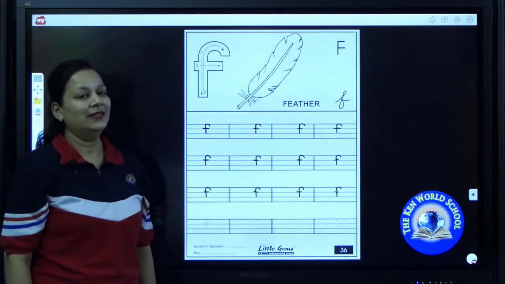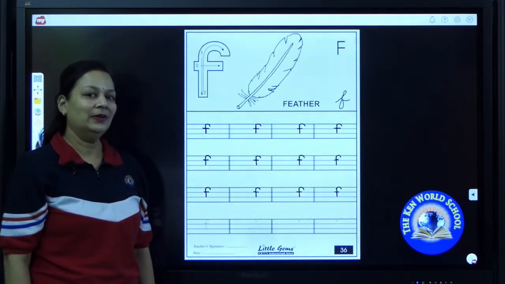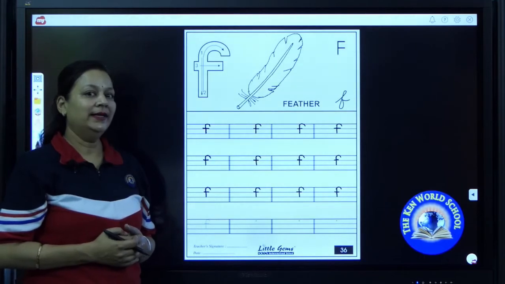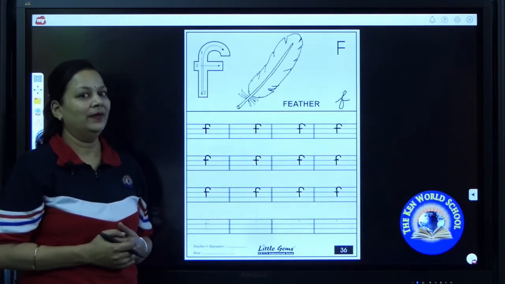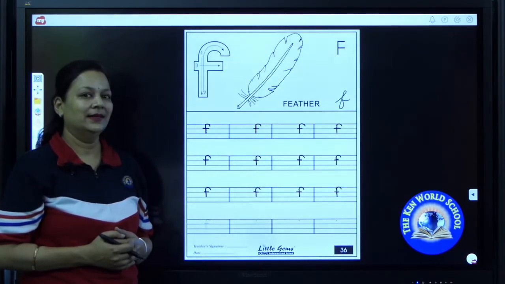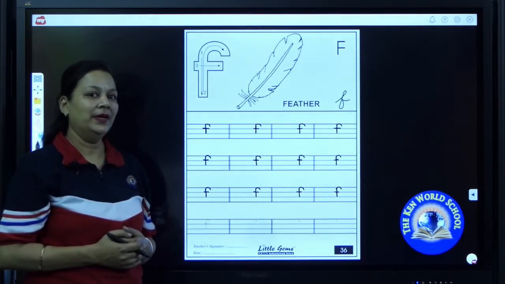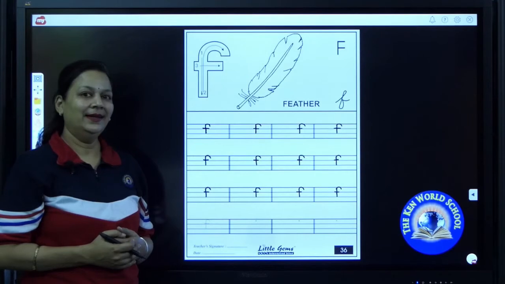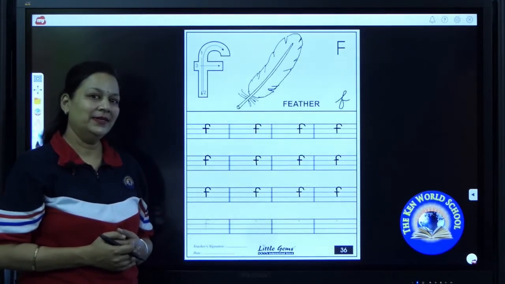Now it's your turn to complete your third row. You should write neatly, and if you have done wrong, then you can use eraser. Our page should look beautiful. Have you all completed?